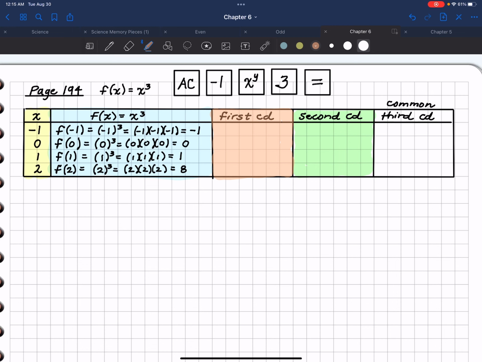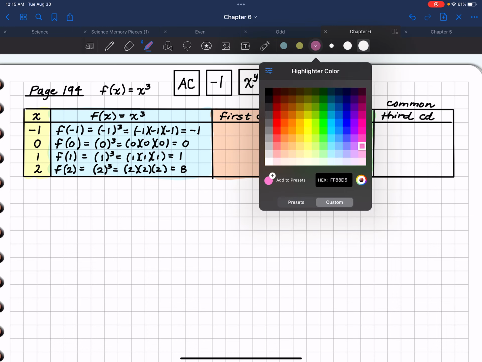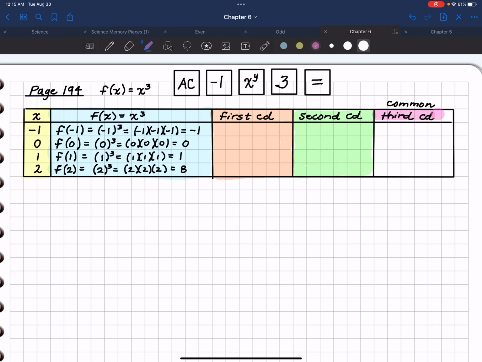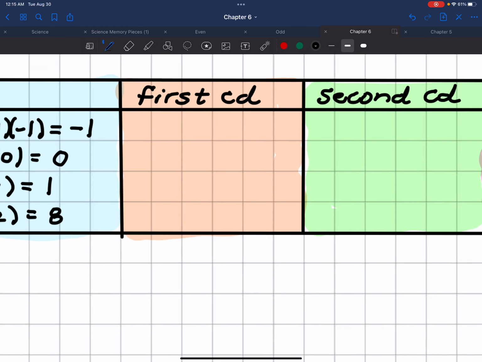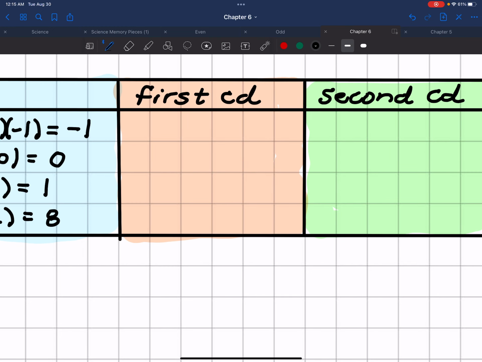And then we have pink for the last column. And I don't expect commonality until we get out here to the 3rd degree. All right, here we go. We are going to build this category first. So 0